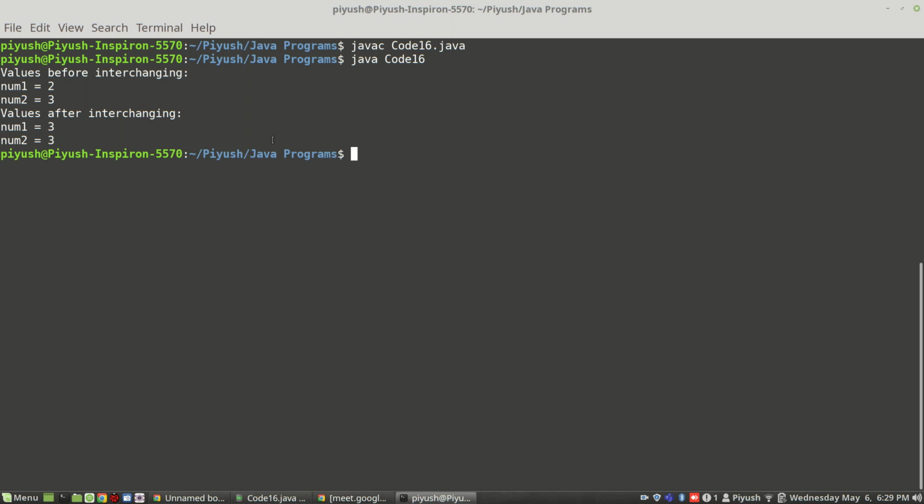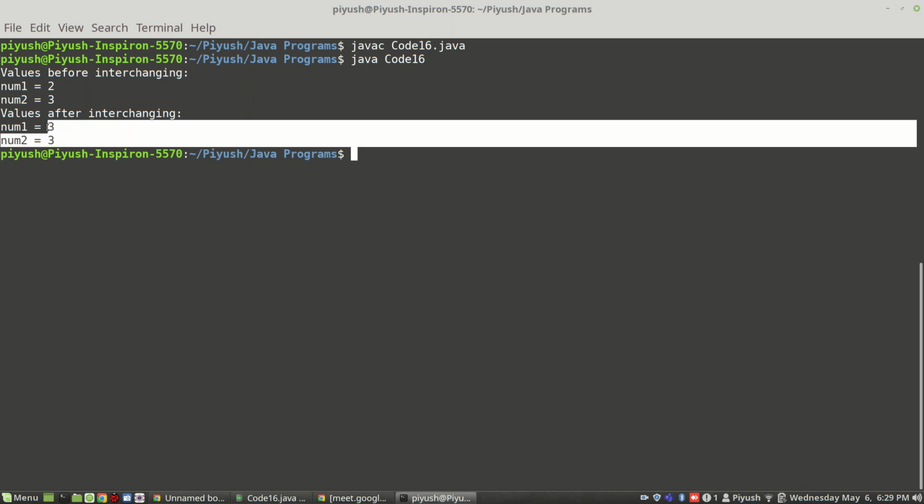This is a mistake which beginners make very often. If you had drawn the boxes and analyzed in the form of memory blocks in RAM, you would have understood in the very first place that it would not have worked. Let us see how.